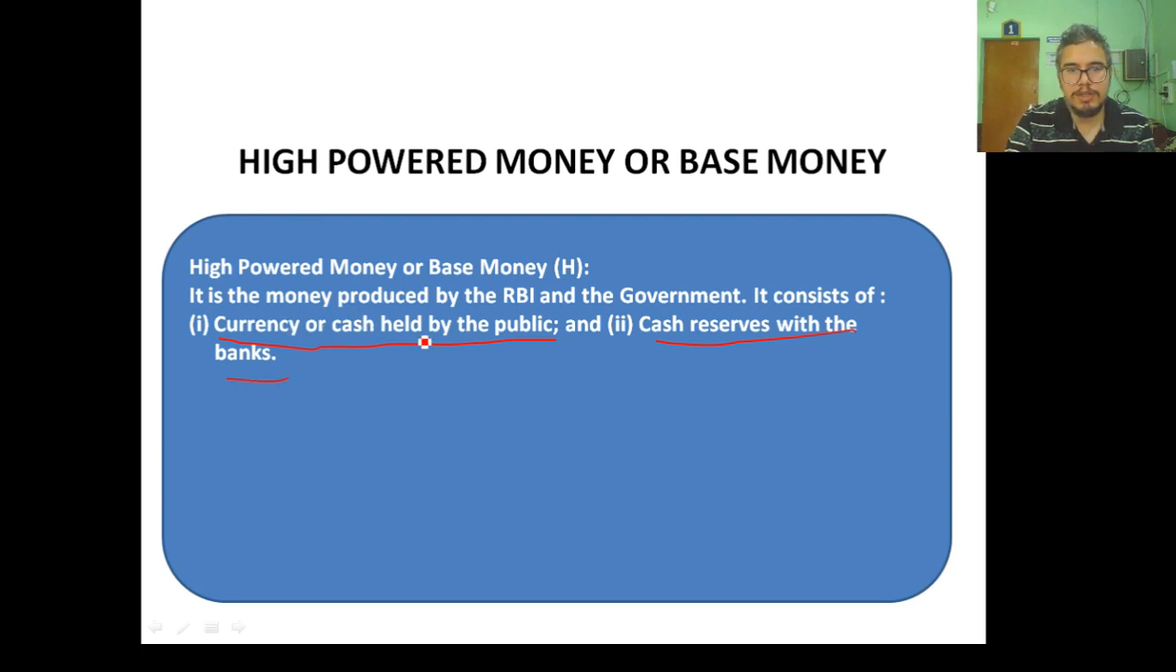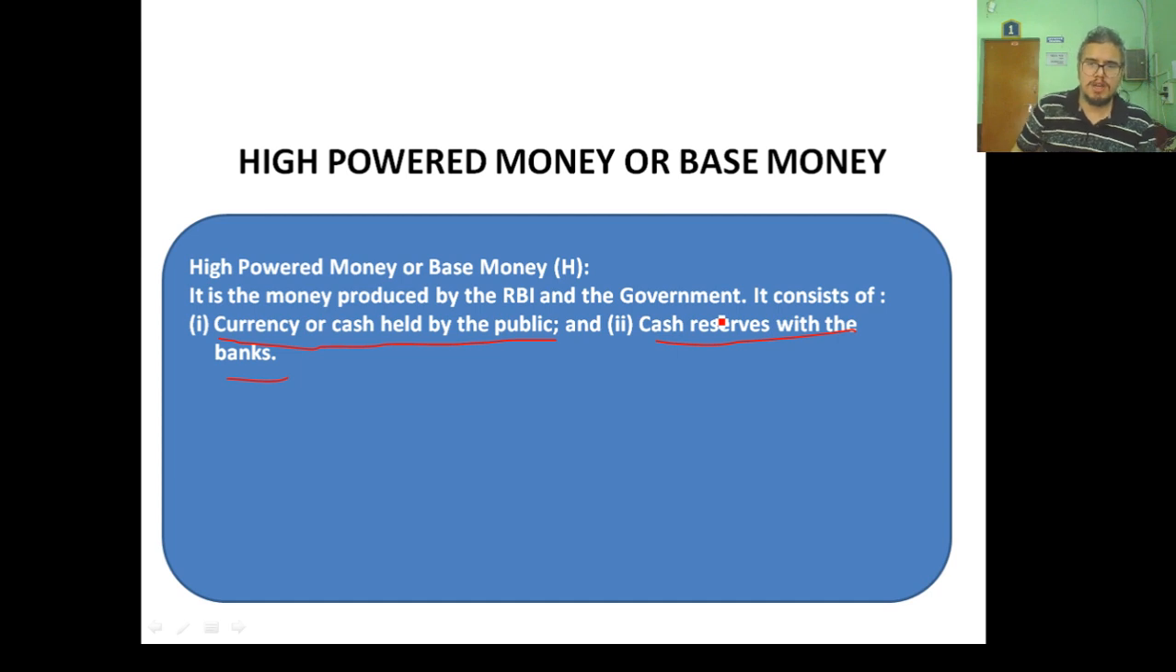Now this I don't think I need to explain it again, because we have already discussed it time and again. Currency or cash held by the public simply means currency notes or coins which is with the public. Now we have to explain a bit about cash reserves with banks. We'll discuss this in detail when we deal with the banking chapter, but let me just introduce what cash